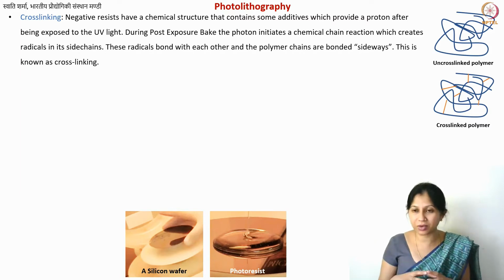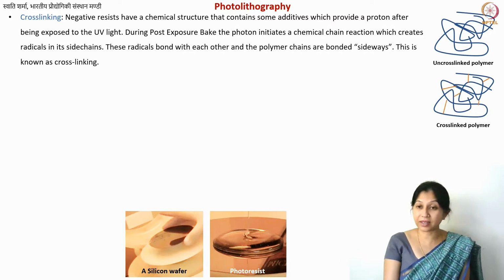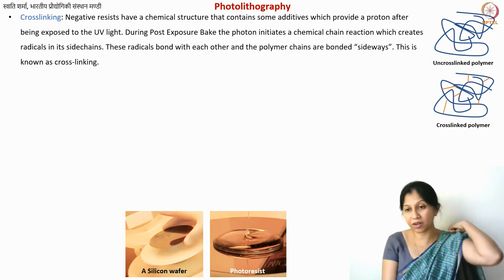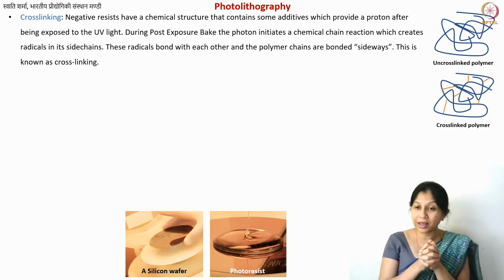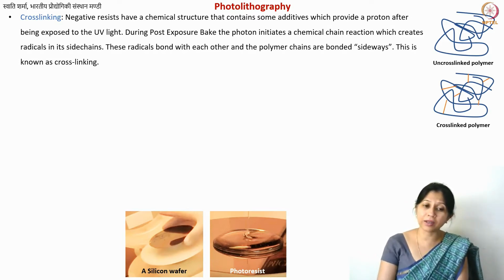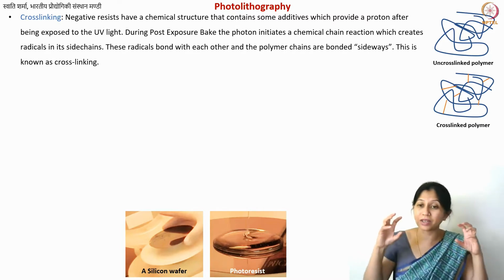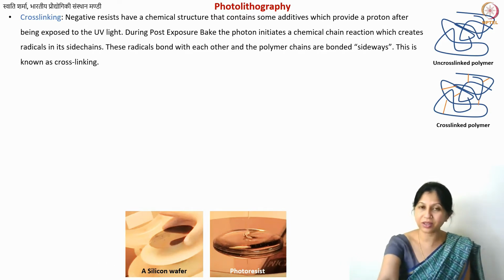So this process is known as cross-linking. Now this, what we talked about, is in the case of UV sensitive materials, but you also can have thermal cross-linking. In many cases, it depends on the bond, it depends on the chemical nature of the material. If it is possible to perform the cross-linking just by providing certain heat, that is in fact done for a lot of polymers. But in the case of lithography, you are more specifically using UV light, because you need to use it in a very controlled fashion. And that is why there you have photoinitiators mixed into your material, and then the entire process is optimized.